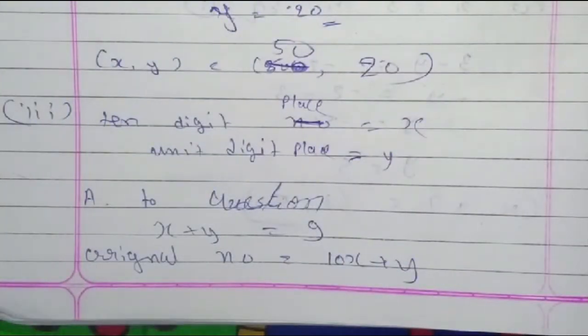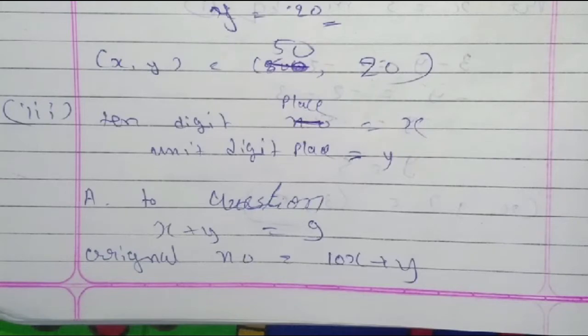Now question number 3. The sum of the digits of a 2-digit number is 9. Also, 9 times this number is twice the number obtained by reversing the order of the digits. Find the number. First of all, we can understand what a 2-digit number is: it is from 10 to 99. And we also have to remember the place value of each digit. If it is the unit place, the digit value is only itself. If it is the tens place, that digit value is 10 multiplied by the digit.